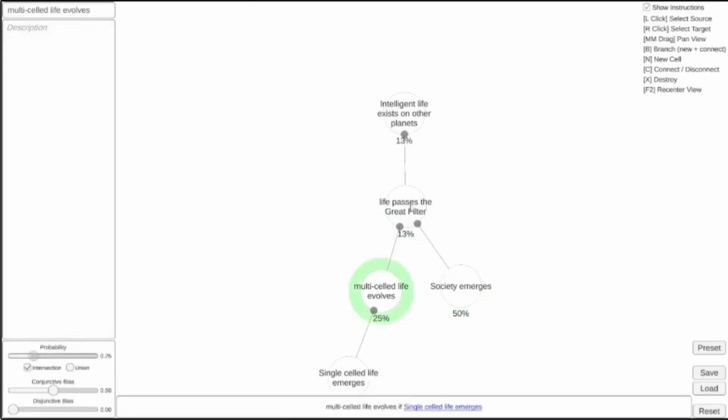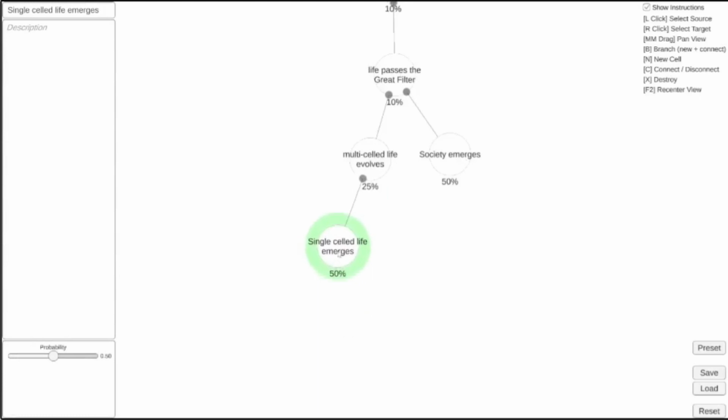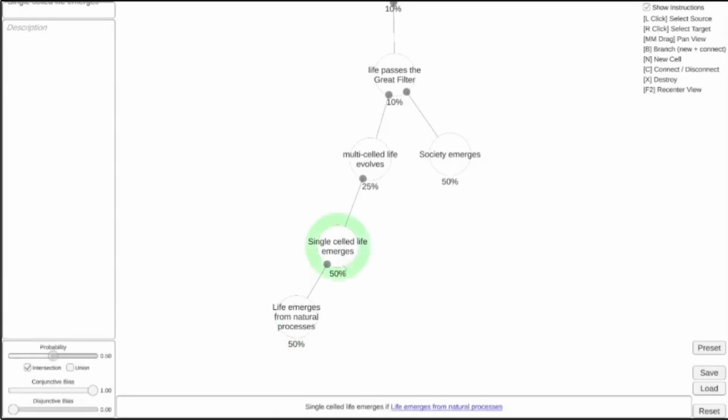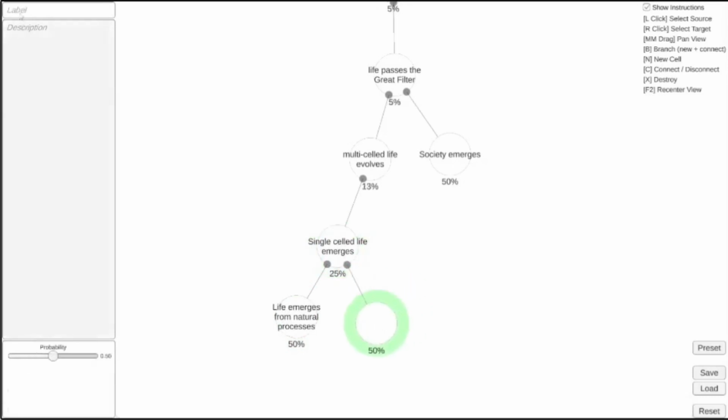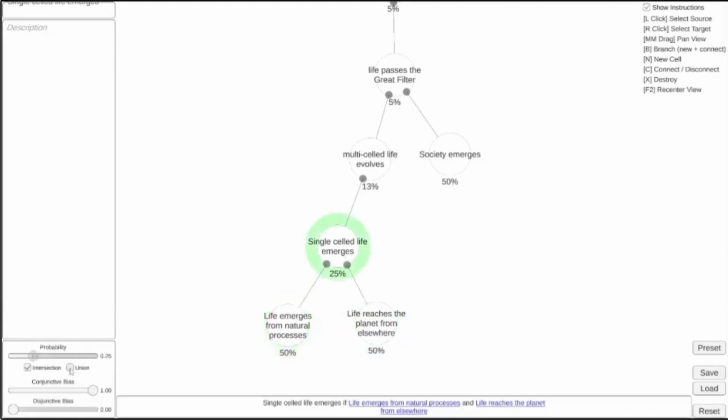Might be another requirement. Then I'll put some conjunctive bias. I can continue adding nodes. So off of this single-celled life, I'll make a couple of branches. I could say one possibility is that single-celled life emerges because life emerges from natural processes, or perhaps this occurs because life reaches the planet by asteroid from elsewhere, e.g. by asteroid. This would be a place where I would use a union, because if either one of these is true,